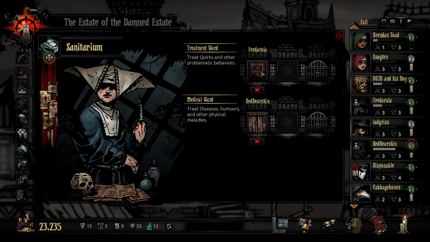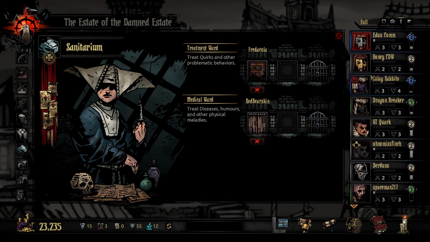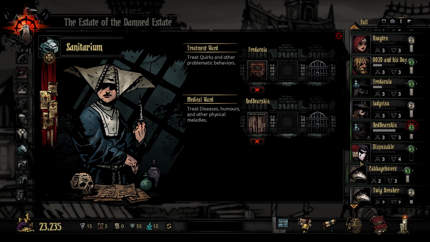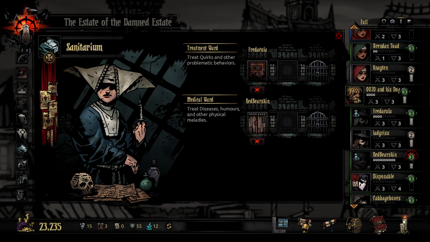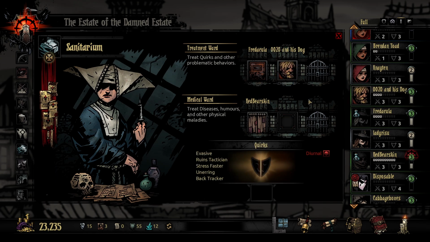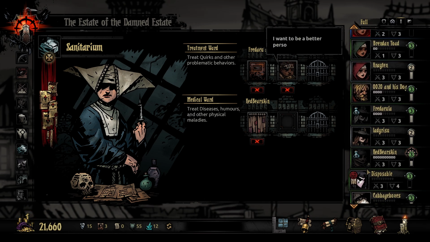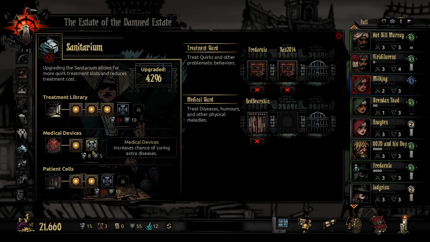Now, final things. Fredacula is a... What are you, Fredacula? You're a grave robber. You do not have the Crimson Curse. So we can put people in here who need quirks removed. Who needs quirks removed? I should probably start locking in quirks at some time, but I'm very bad at actually doing that. Plus stress can be removed. And then...